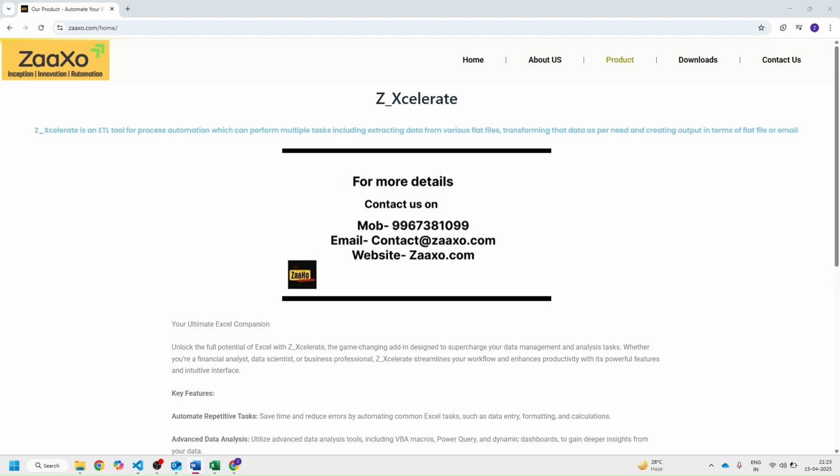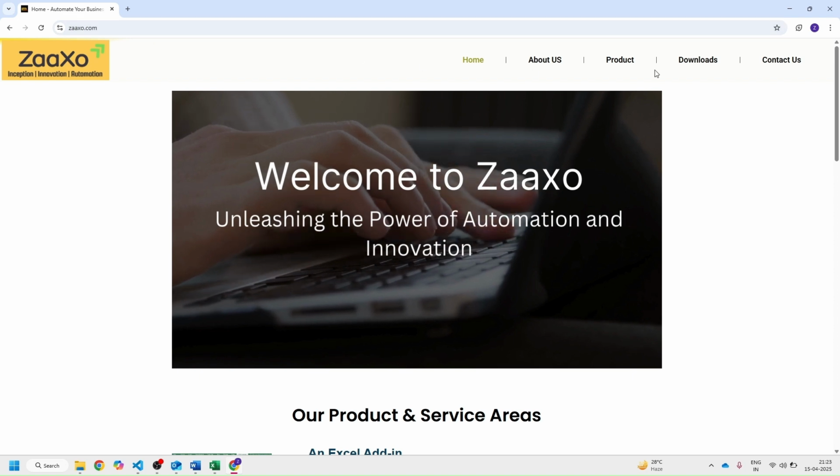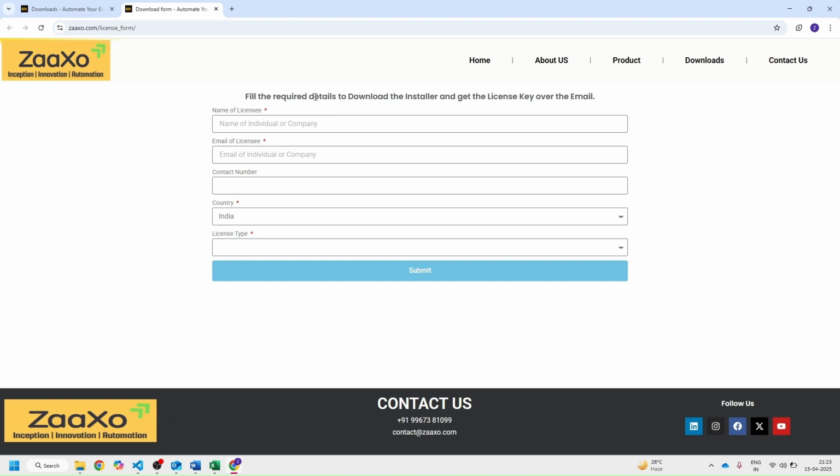So let's get started. Go to www.xexo.com and then click on downloads. Here you will get a button, download Xcelerate. Once you click on the download Xcelerate button, fill the required details to download the installer and get the license key over the email. So the name of the licensee is Xexo, then email of the licensee in which you will receive the license details,